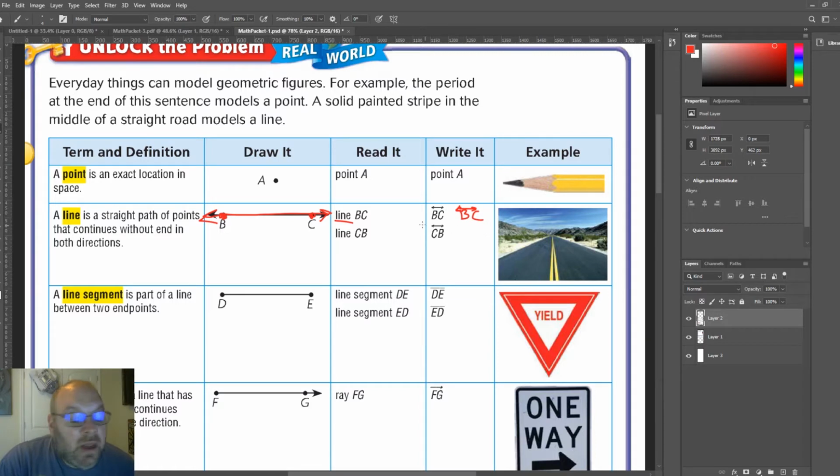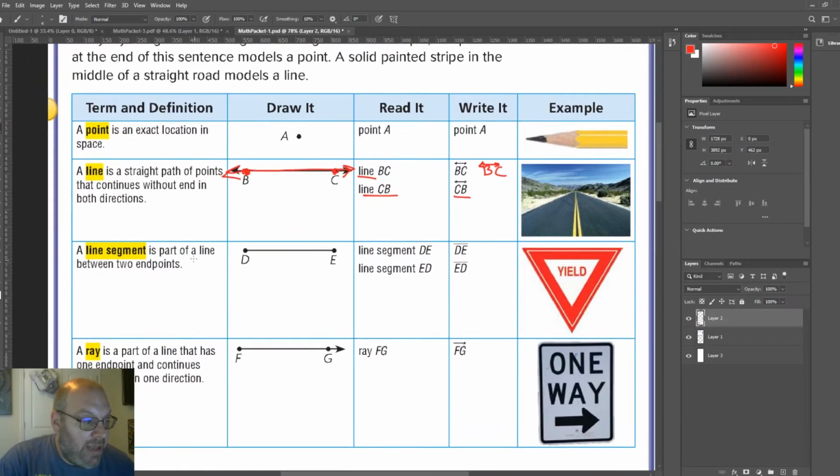Now, you can also write it and read it as CB. It can go either way. It can go back and forth, CB or BC, just like it shows you here. So a line has 2 arrows on both ends. Good? A line segment right here